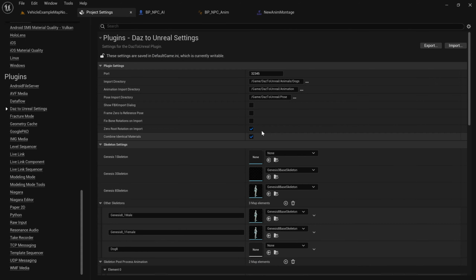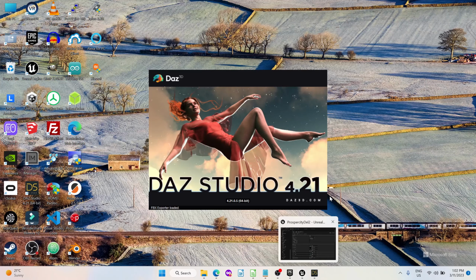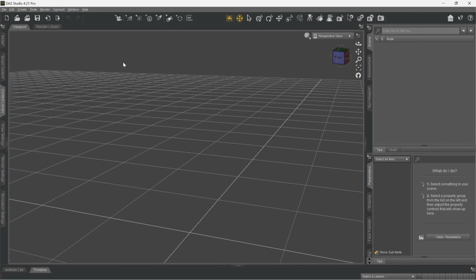Stay tuned. First thing, we're going to make sure that the fixed bone rotation and zero rotation are ticked. Those are very important when you import Daz animation, so they're not screwed up. This is usually the case with characters and animals. Now we're going to import it